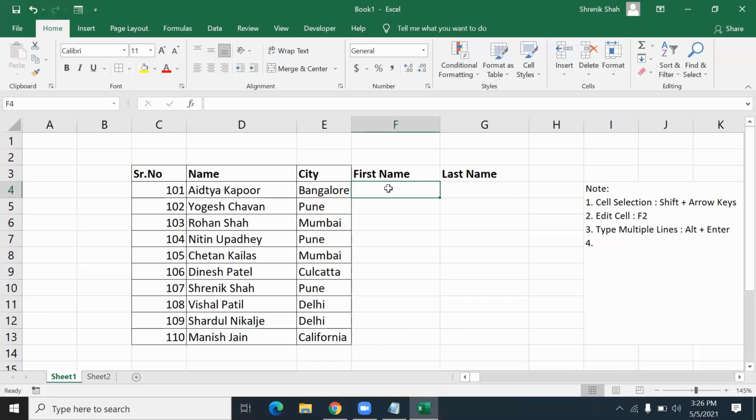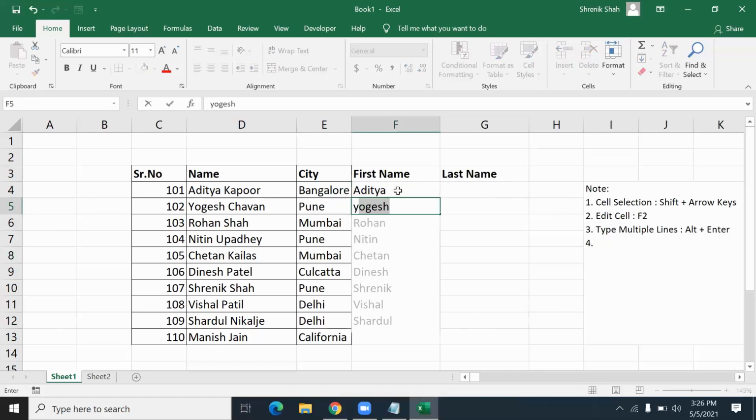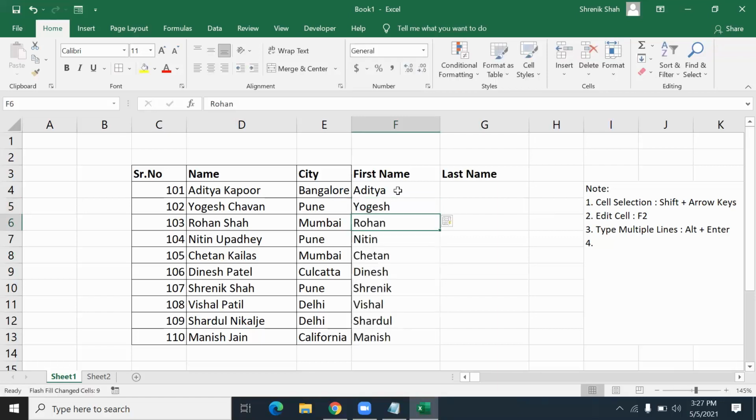So in that latest version, a feature I here use is called flash fill. Without any formula, you just type here the correct spelling of the name. So it's actually ADI. I used the F2 key to edit the cell. Now here I'm typing Aditya. Just go ahead and type the next name. As you press the next letter, Excel itself suggests it, seeing that you are actually looking for the first names, and just press enter and it completes your job.